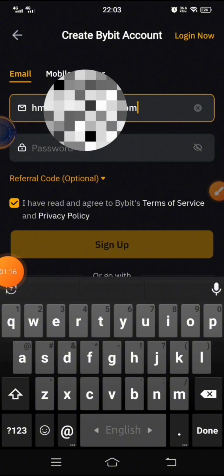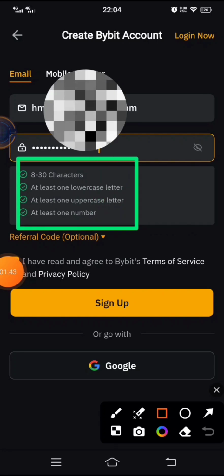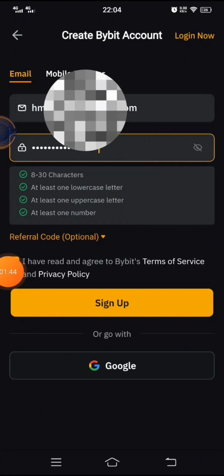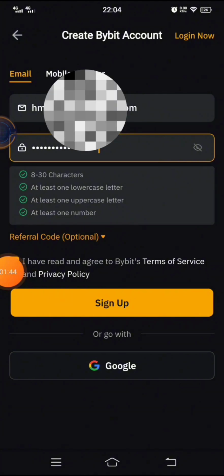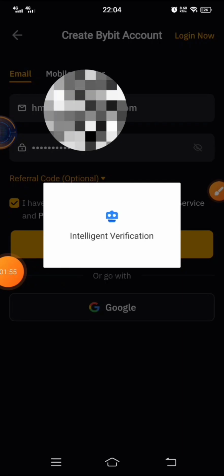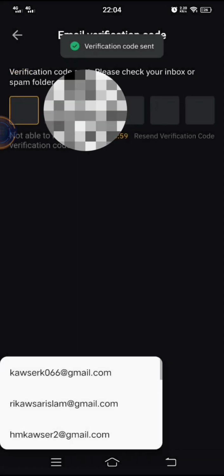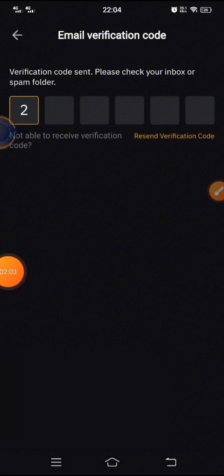email number. After that, create a strong password, 8 to 30 characters, with at least lowercase characters, uppercase characters and a number. Select it, and then click sign up. When you click the sign up option, your email will be sent a verification code. Go to